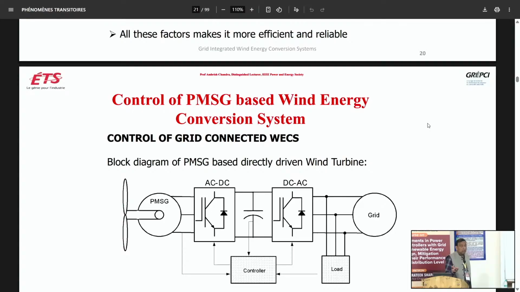So extract power from here and bring it to the DC bus. If you are not extracting power from the DC bus, a dangerous situation may arise. The voltage may keep rising because energy is being pushed into the capacitor, the DC link. So you have to extract that energy and send it to the grid, and that is the work of this